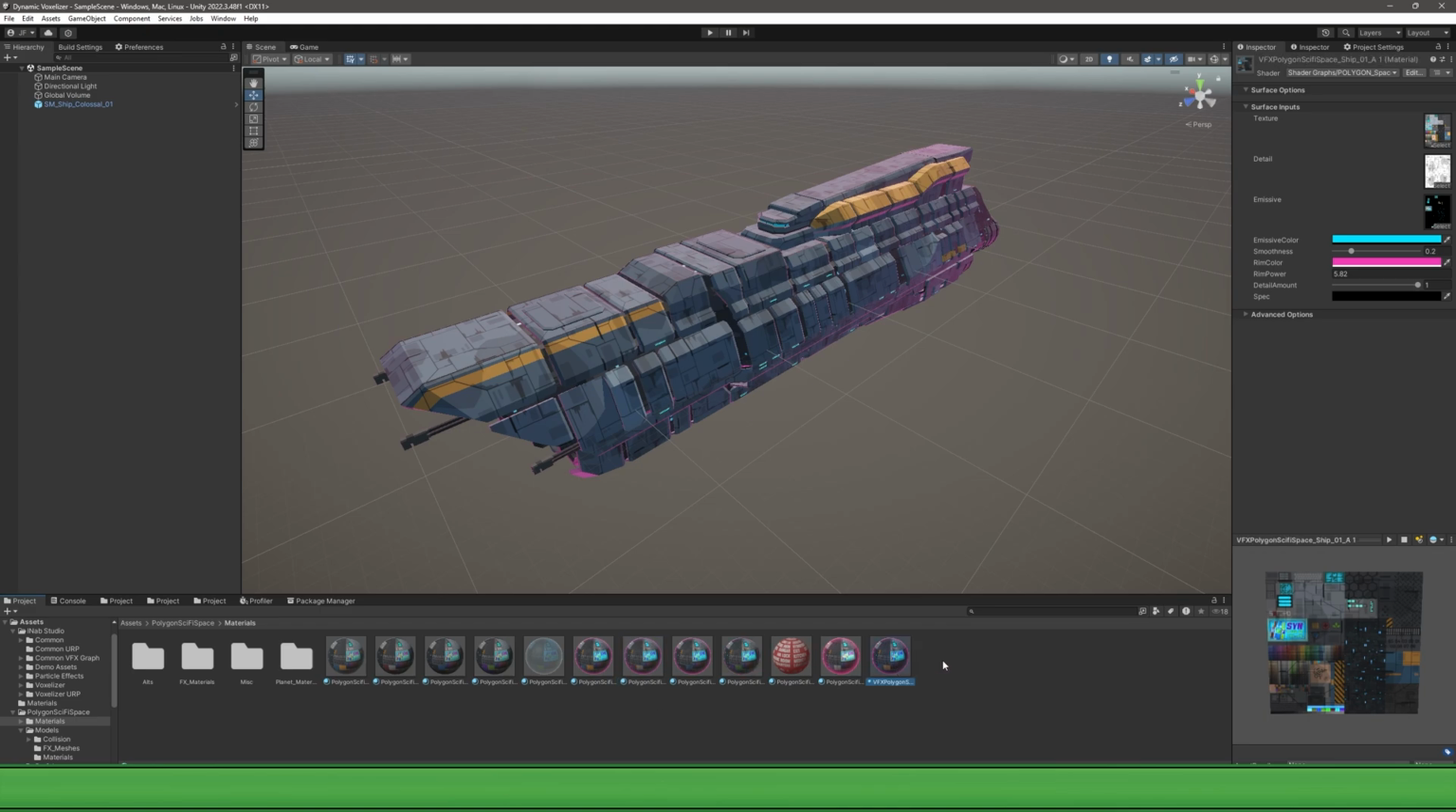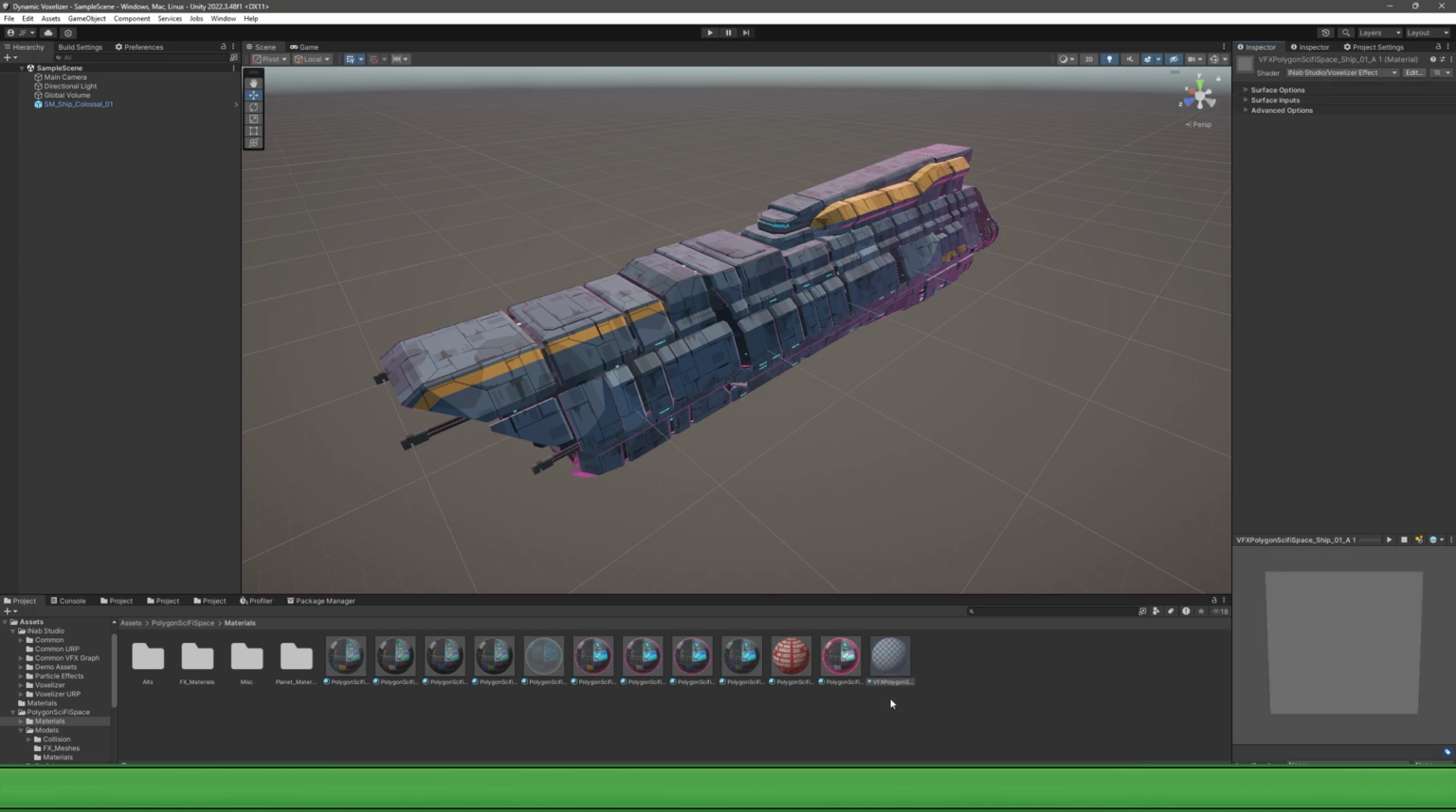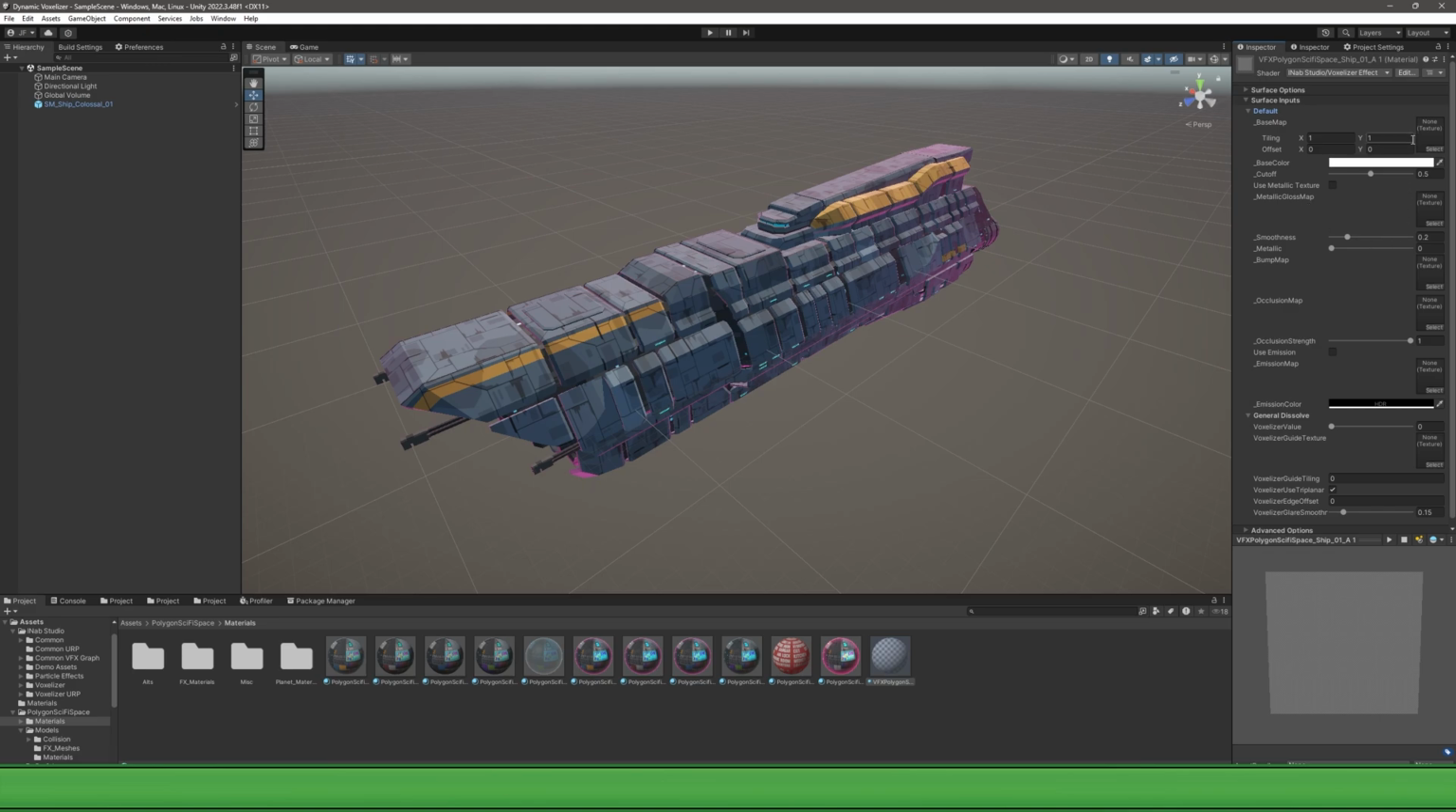Now with that material selected, we're going to go up to the shader up the top right here in the inspector. Make sure that you've got the right material selected. And we're going to go to iNav Studios and use Voxelizer effect. Now you'll notice that this material has now been stripped of all its properties. That's why I said to make sure that you do a clone of this. Go to surface inputs and then default, and we'll need to add the textures to this to prepare it correctly